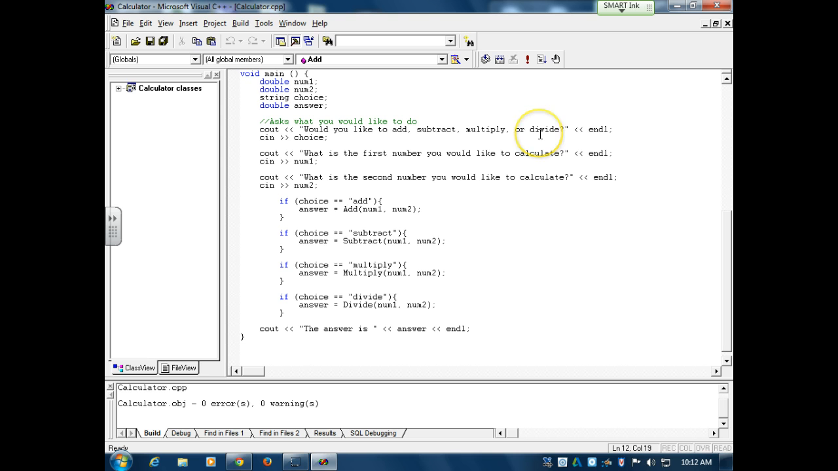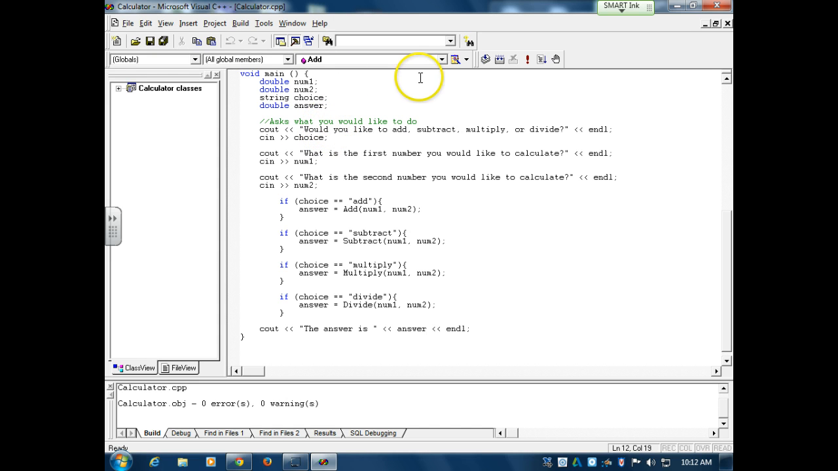multiply, or divide? When you give the answer, it will store your answer in choice, the variable, and then I have if statements that say, if choice equals add, then this function will be run. So if choice equals add, the answer, which is another variable that I made beforehand up there, will say the answer equals add, and then num1 and num2,